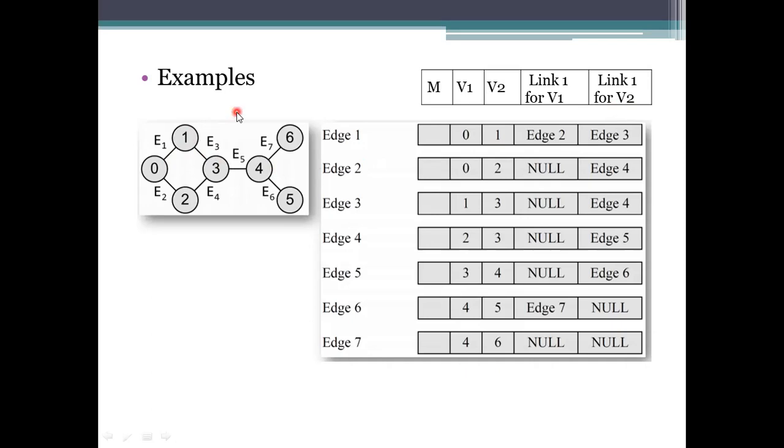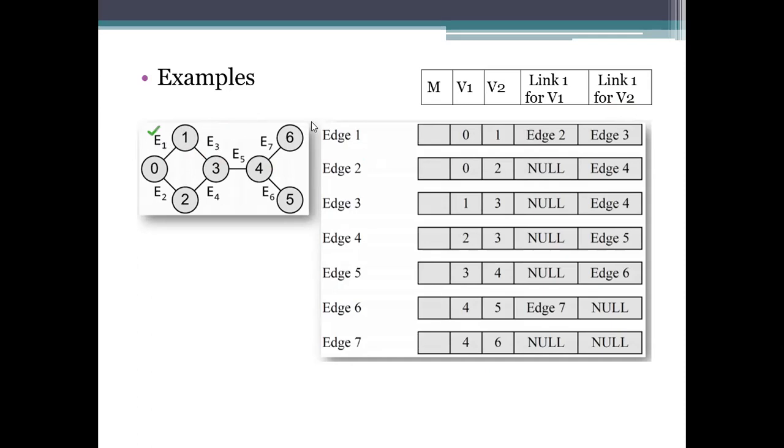We have 7 nodes, and 7 edges here. Since it is edge based, we write it in this format. This list connects to an edge. So first read edge one, which is E1.